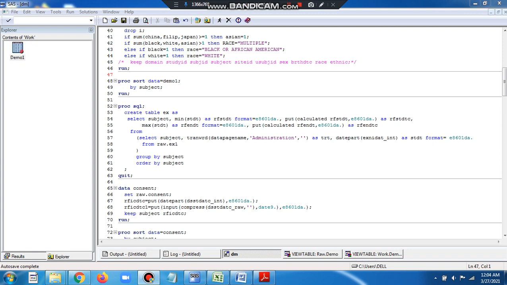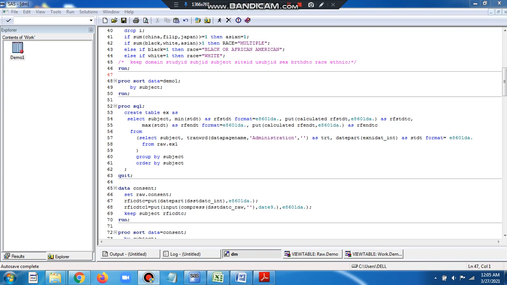As I mentioned already, there are some scenarios where RF STDTC may differ from RF XSTDTC. Scenarios in oncology studies where a patient may undergo chemotherapy before taking the study drug. In that scenario, RF STDTC will be the chemotherapy start date and the RF XSTDTC will be the study drug start date. Apart from these scenarios, usually the dates are the same for both variables. Similarly, RF XENDTC is the same as RF ENDTC. The X stands for exposure.